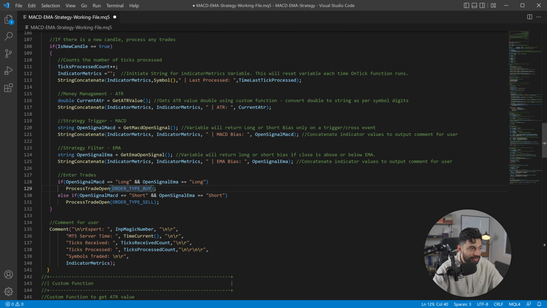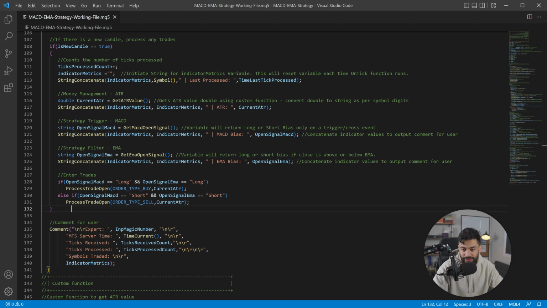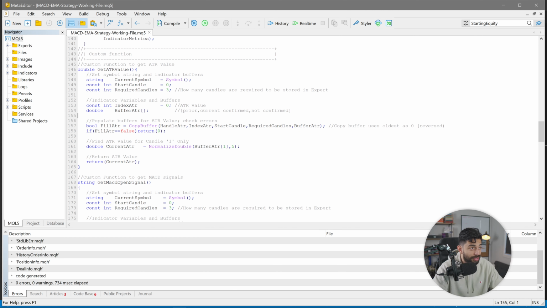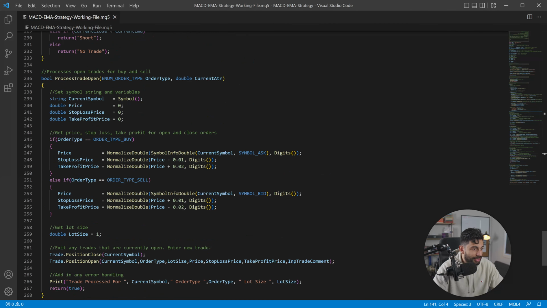And we're going to be feeding that into our process trades open. And that's going to be feeding in current ATR and current ATR. Let's save that. Perfect. And now let's just go back to MetaTrader, compile, and that's still compiled. That's good. Awesome. So if I go back down here to our trade, so we're actually feeding in the current